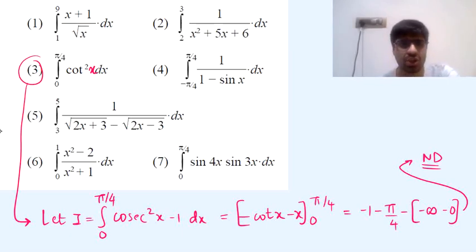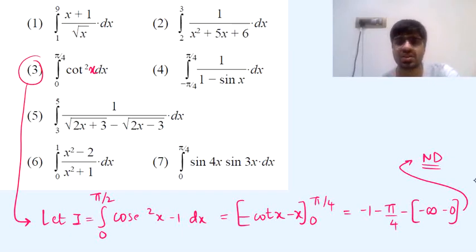There might be a correction here. Instead of pi by 4, if you put a pi by 2, you do get an answer. So if I don't take that as pi by 4 and I take it as pi by 2, okay, no, you still won't get an answer because the lower limit 0 is going to make cot x infinity. So it remains the way it is. So don't take it as pi by 2, keep it as pi by 4.